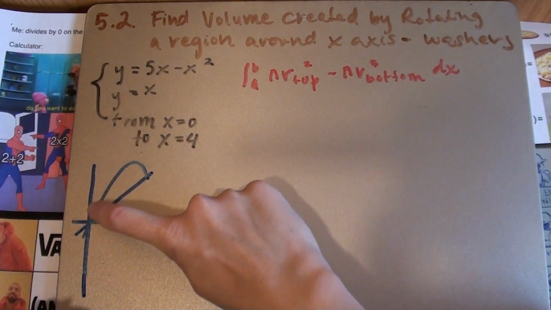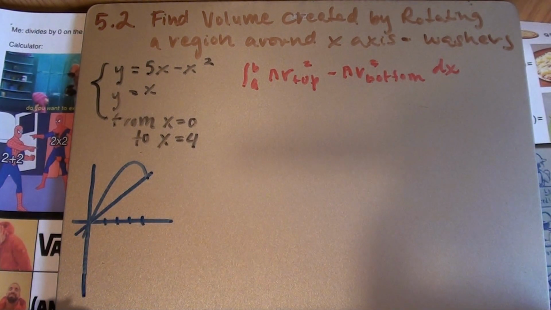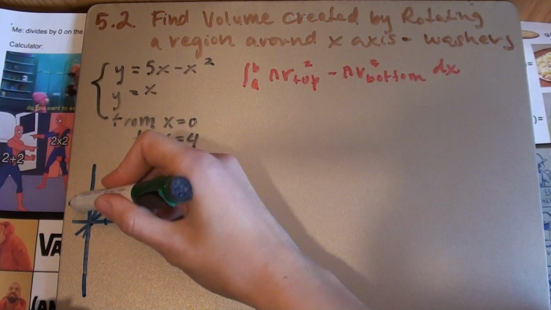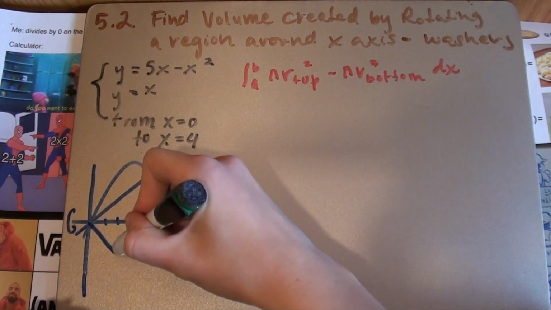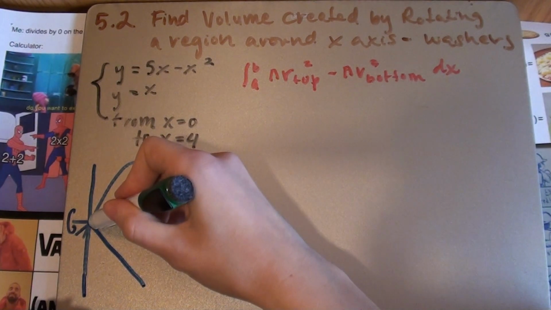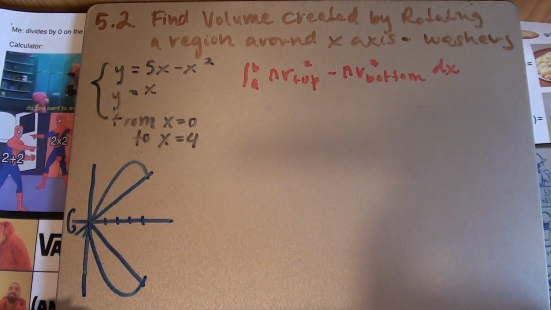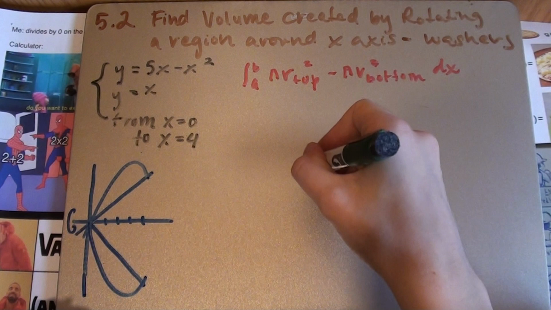And this is our parabola, and then this is y equals x. So the first thing we know that we're going to be doing is rotating this around the x-axis. If we do that, we're going to see that here is our line y equals x, and then this is what our parabola is going to look like over here. So we're going to have a shape that looks something kind of like this, right? And if we were to draw this out, we'd see we have kind of like this